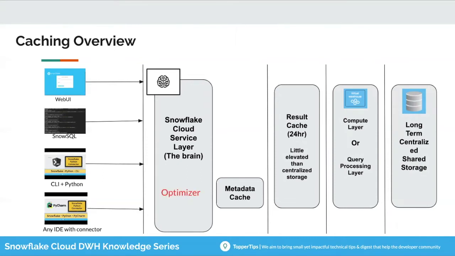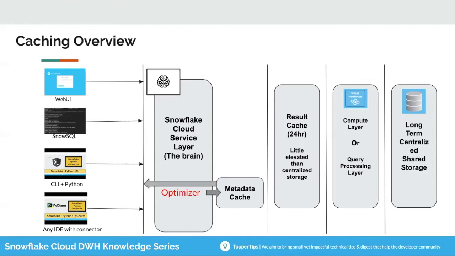This optimizer first checks what kind of query is fired. It classifies the query, whether it is a metadata query or a query which needs data from the tables. The optimizer first analyzes the query and decides whether the data can be fetched in the easiest and most optimized way. First, it checks the nature of the query, whether it is a describe query or a select count from a table query, and what kind of query. If the data can be fetched from the metadata cache, then it first returns the data from the metadata cache and does not use the compute at all.